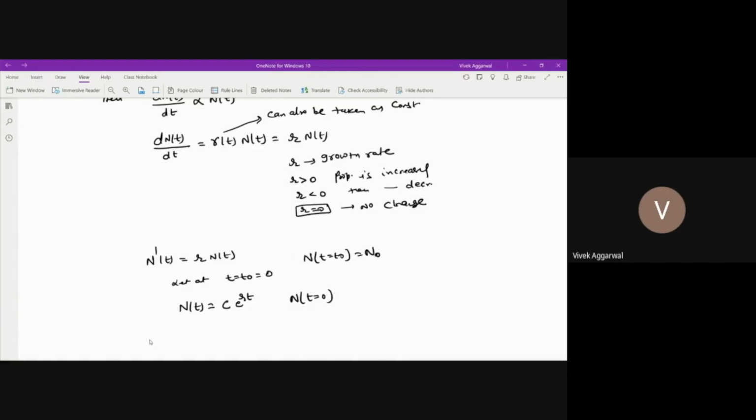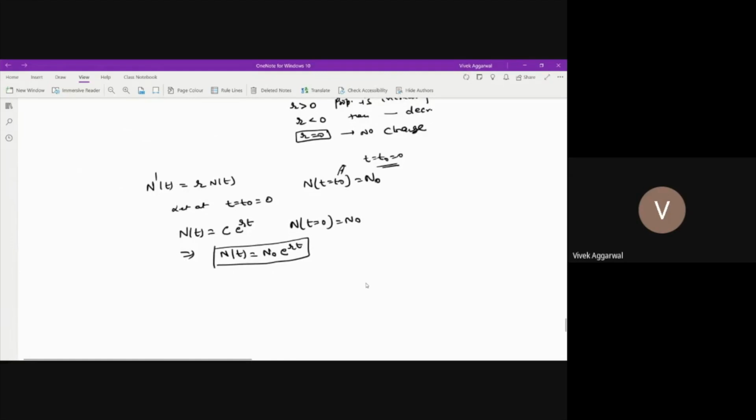Then N(0) = N naught, and from here I can write N(t) = N naught e^(rt).